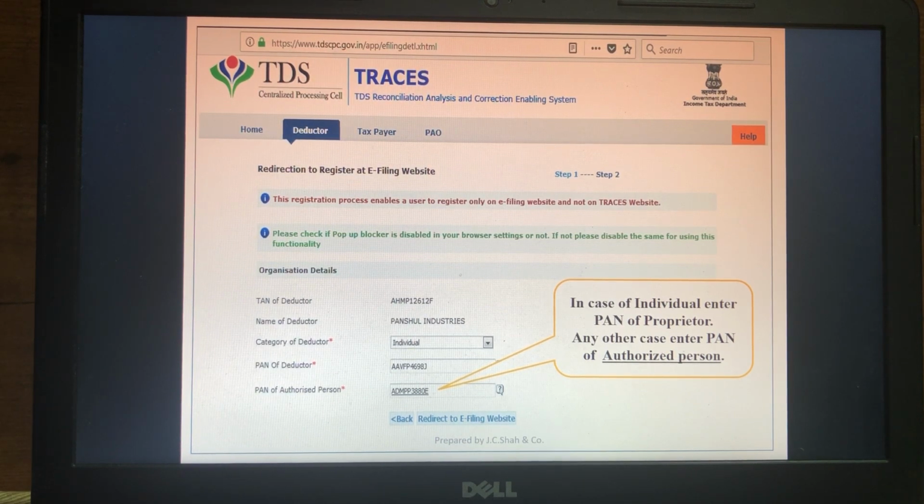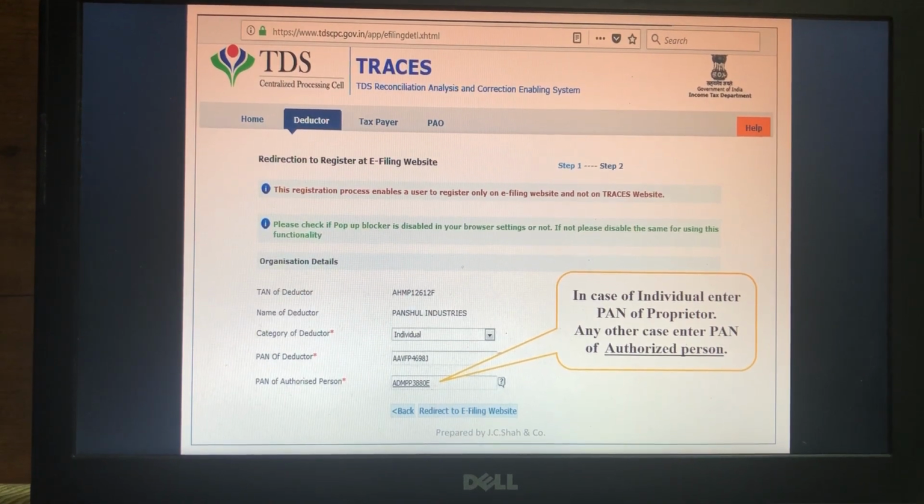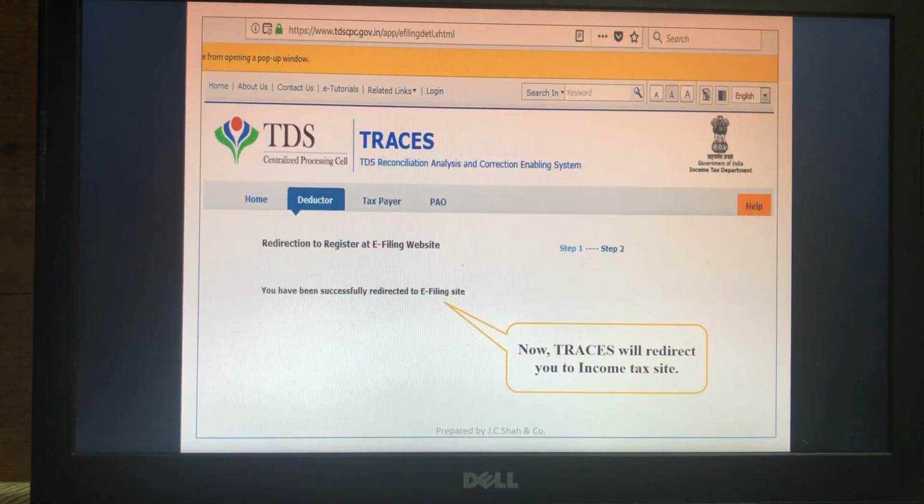Here it is asking for the PAN of the authorized person. In case of a proprietor, an individual PAN needs to be mentioned over here, and in case of a partnership firm or a company, the PAN of the person who is authorized is to be mentioned. Then you need to click on Redirect to the e-filing website.